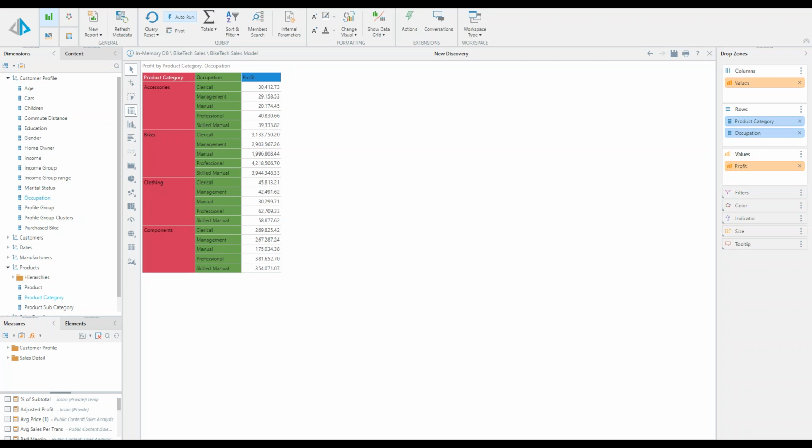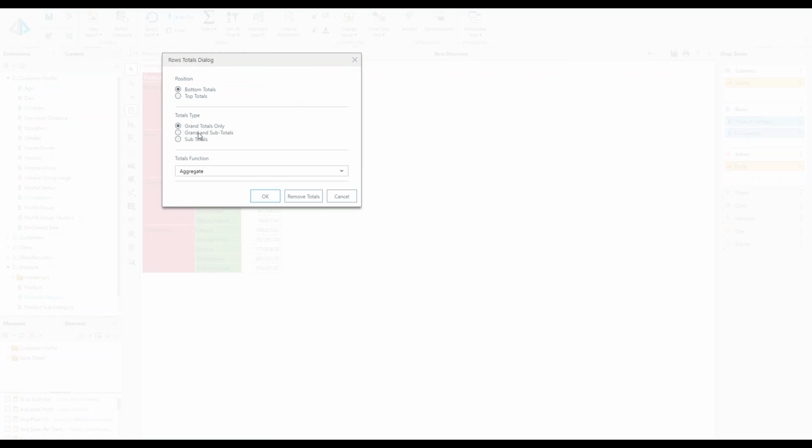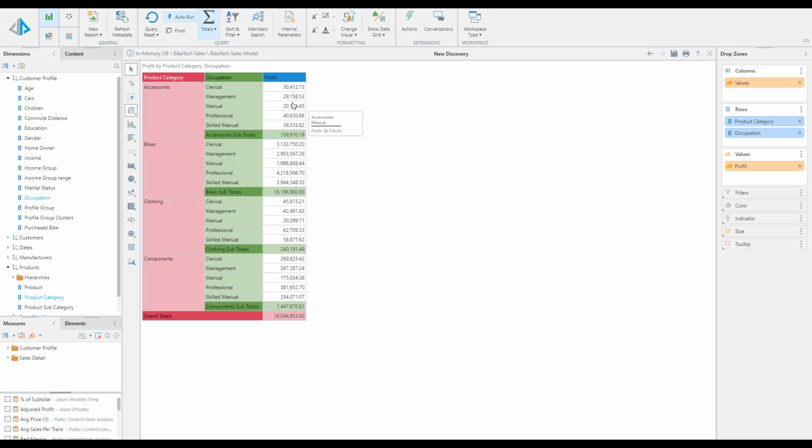In this video, we're going to take a look at how to create what I'm calling a percent of subtotal calculation. I've got a simple grid here where I've got two attributes on the rows, and I'd like to go ahead and turn on some totals here, and I'm going to do both grand and subtotals. And what you'll see here is we get our little subtotal sections, and then I'd like to see a percent